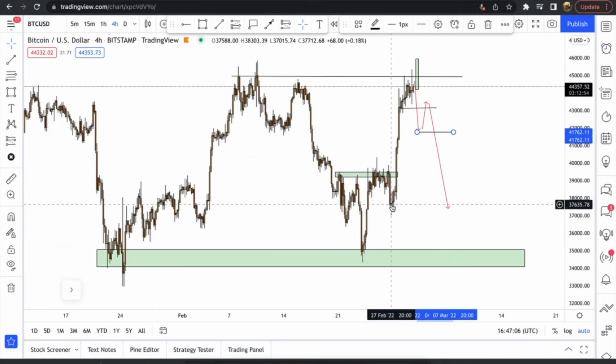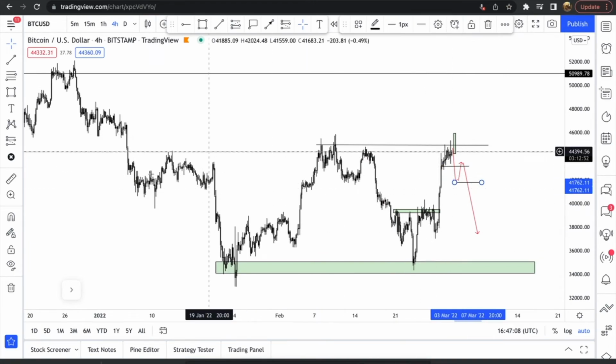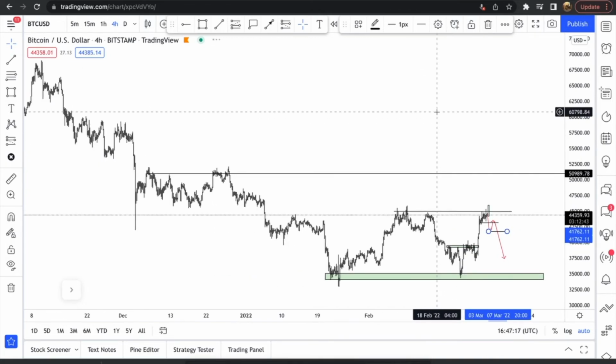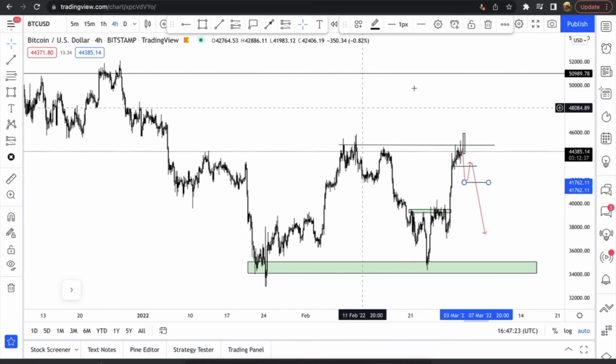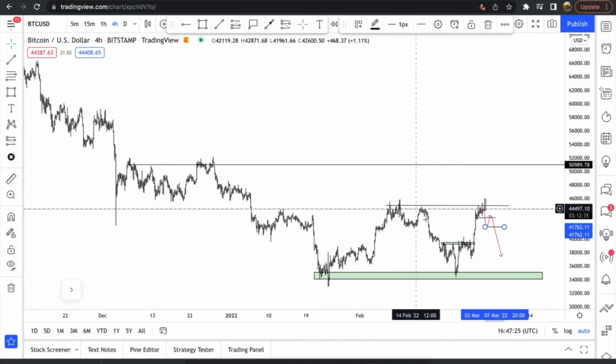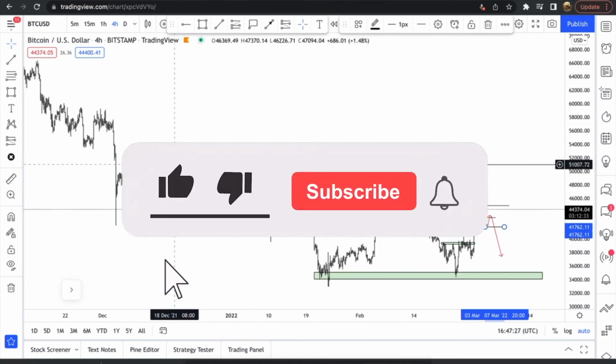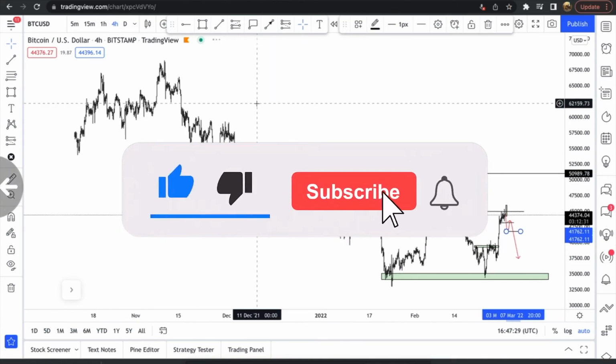But from what I'm seeing, this strong volume and everything based off the high time frame perspective, I feel like this break and close above here could actually come through. So I'm just going to keep an eye on it, and I will be updating you tomorrow. But yeah, just interesting times for Bitcoin, and once we start getting out of these levels, we're back up into the 50,000 region, so we're not doing too bad.